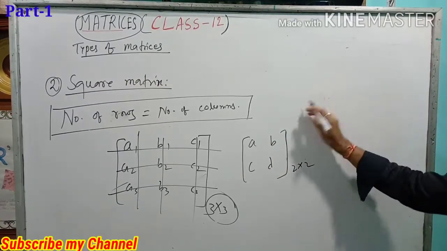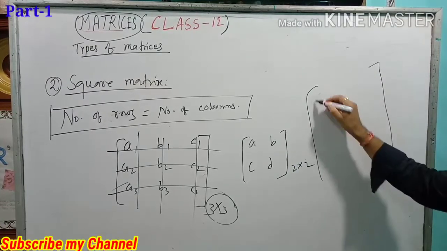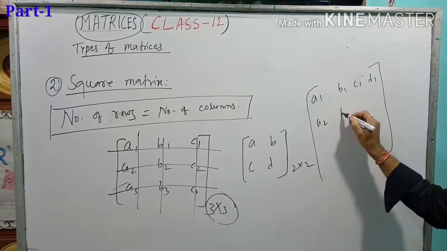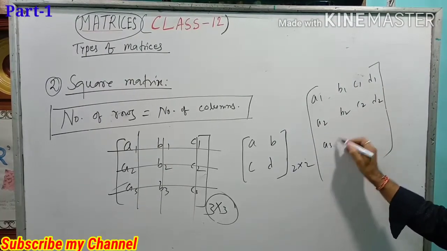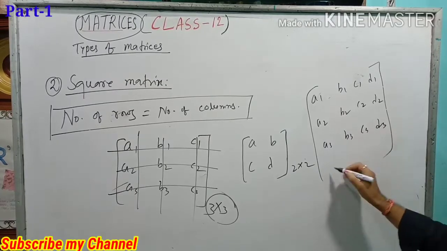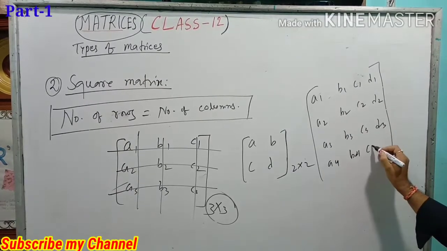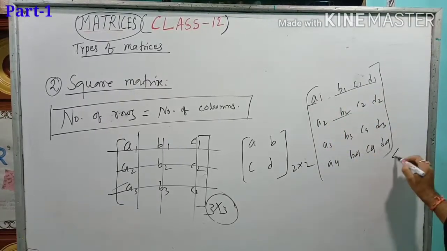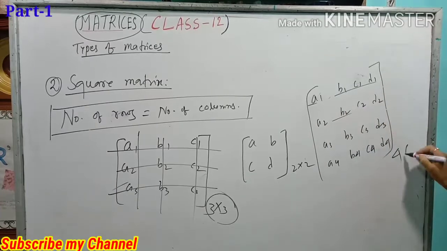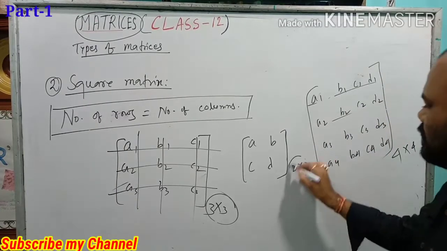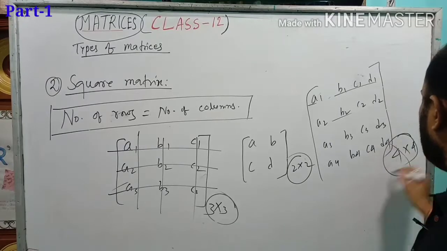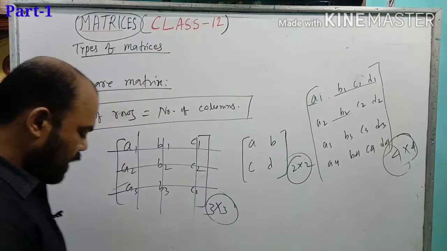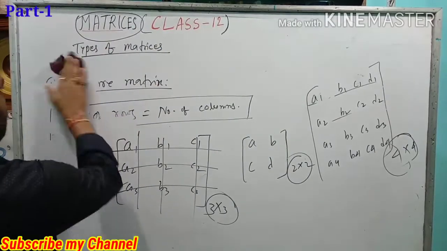Another one, we can consider a larger one also. Say A1, B1, C1, D1, A2, B2, C2, D2, A3, B3, C3, D3, A4, B4, C4, D4. Now see, how many rows are there? 4. How many columns? 4. So this is a 4 by 4 matrix. As long as the number of rows and columns in a matrix are equal, it is a square matrix. Next we have the third type,